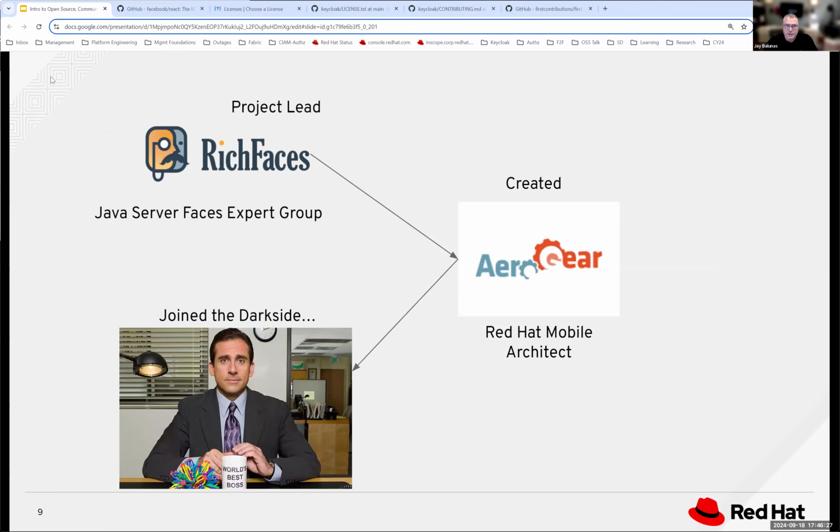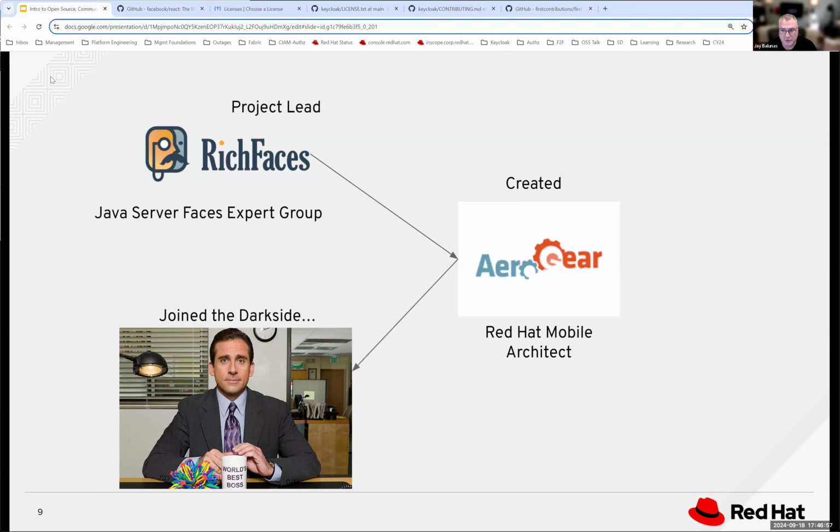From there, after a couple of years, I became a project lead of a UI project called RichFaces. It has to do with JavaServer Faces, a different technology. I won't get into it, but it also gave me the opportunity to become part of what's called an expert group, so I was able to help set specs and specifications for how these projects would move forward. And when we talk about foundations in a little bit, you'll get a sense of how foundations and things like that start to get in.